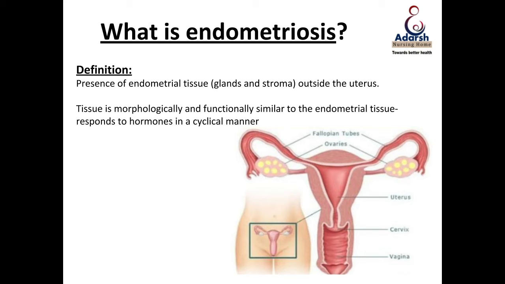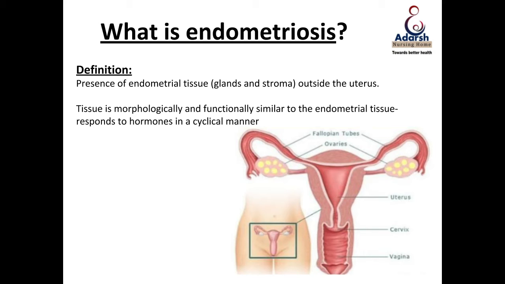Now in this tiny diagram that you can see, I have put a little diagram of the uterus with its tubes and its ovaries. The inner little triangular cavity of the uterus is called the endometrial cavity. Normally, the endometrium, which is the lining of the uterus, is present only and only within that triangular cavity. However, if for some reason it goes elsewhere, it goes and sits on the tubes or the ovaries or on the outside surface of the uterus, it's going to sit there and respond to hormones there.